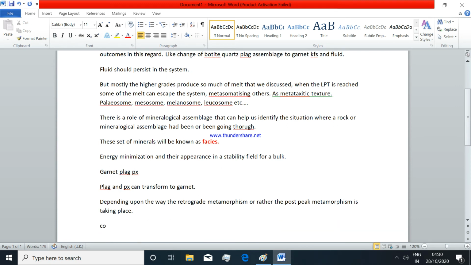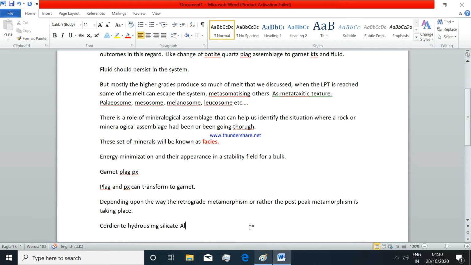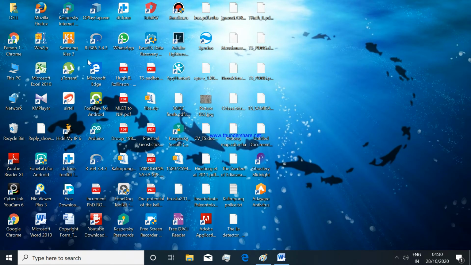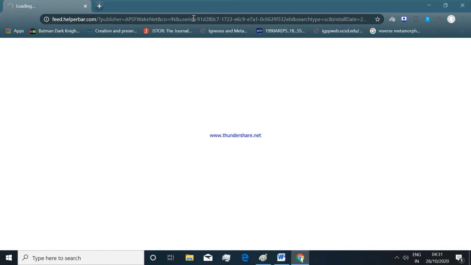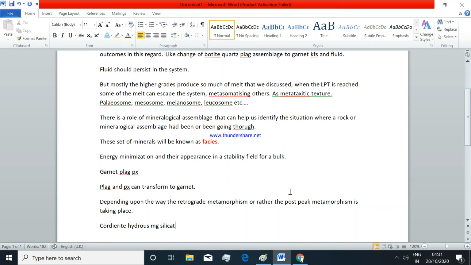Cordierite is nothing but a hydrous magnesium silicate, which bears aluminium in its structure. If I try to search the composition of cordierite, this is a magnesium iron aluminum bearing silicate. It's a solid solution, and like this each and every mineral that I am going to discuss,